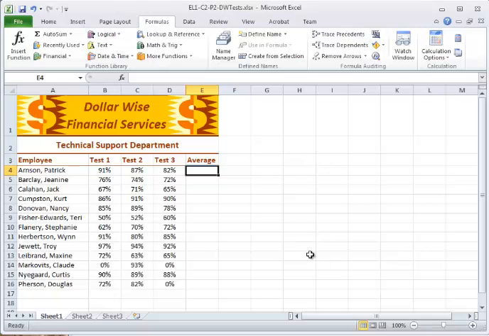This is project 2A of chapter 2 in level 1. It is about using average functions and exploring other functions as well. To start the project, you're going to be